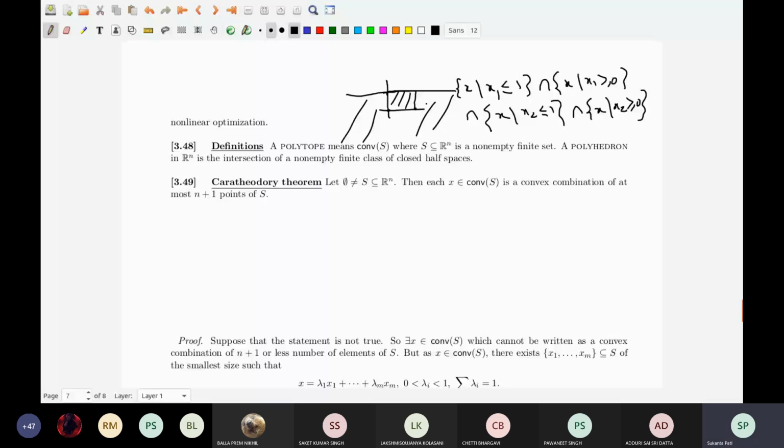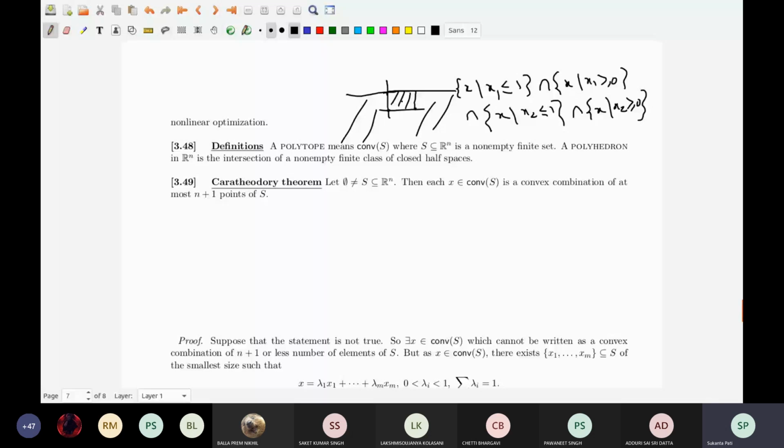Now what does Carathéodory theorem say? Carathéodory theorem says, suppose that you have a set S, finite or infinite? No, I don't know. You have your set. You may choose an infinite set if you want. Now look at the convex hull. Pause for a moment and say, what is the convex hull of an infinite set? Convex hull always means you take all possible convex combinations of points of S. Whatever you get, that is the convex hull. Doesn't matter whether your set is infinite or finite.